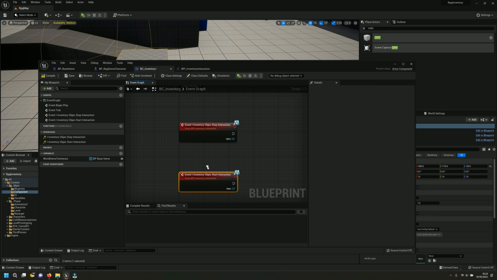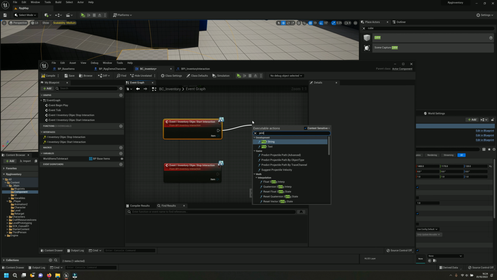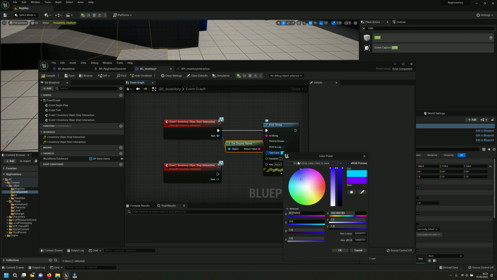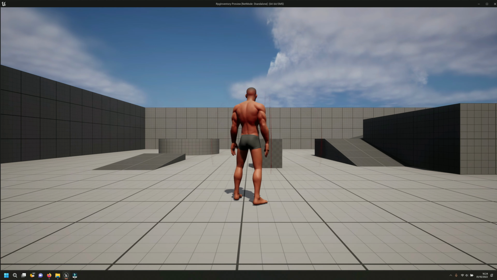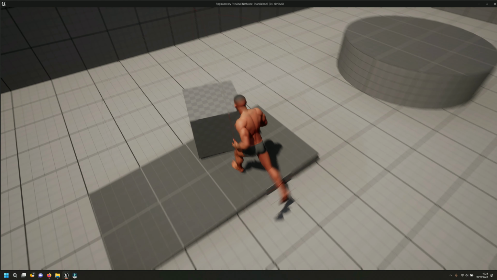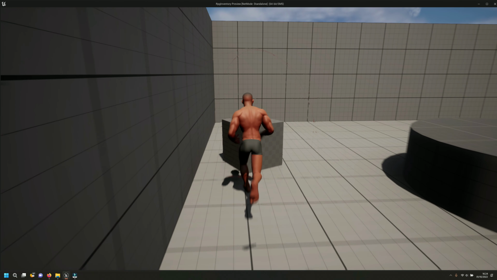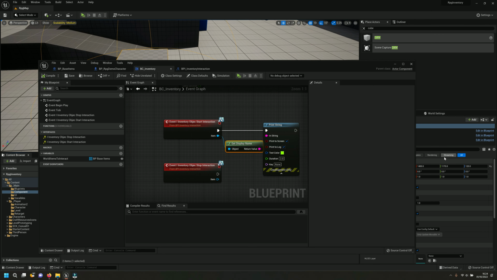Start and stop, right? Okay, so right now, on the start, I'm gonna create a print, and I am gonna just display the item name. That's all I want to do. Compile and save. Right now, if you press play and go, nothing is gonna happen, because we still need to say what's gonna happen when the player touches this cube, right? We need to say, oh, player is touching this cube somehow, so we need to send the reference of the cube to display in